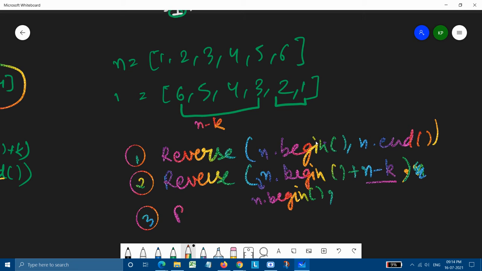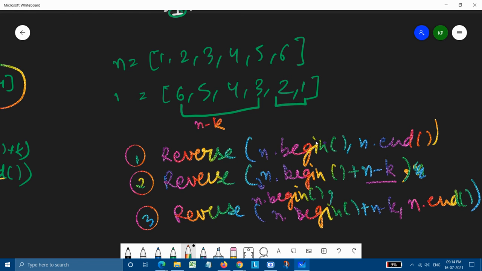And for the third portion, it will be n dot begin plus n minus k, going till n dot end. So this is the modification we need to do in this.